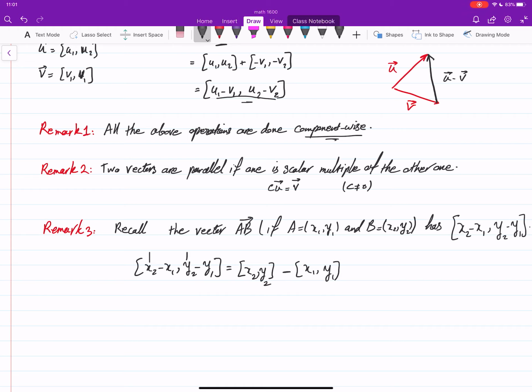This is exactly the same operation. The end point minus the starting point, the terminal point minus the initial point. But we know that these are position vectors of A and B. Remember, what is the position vector? Position vector is a vector from the origin to that point. So this will be OB minus OA. What this says is that basically